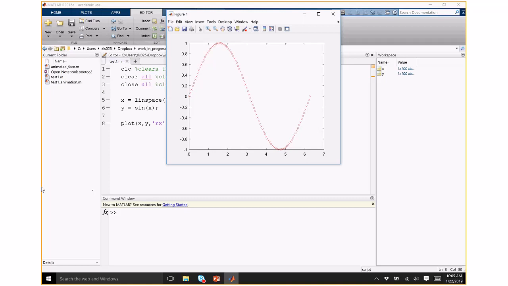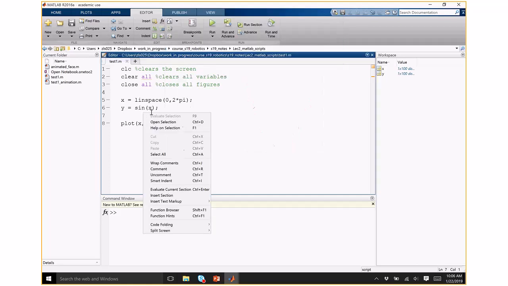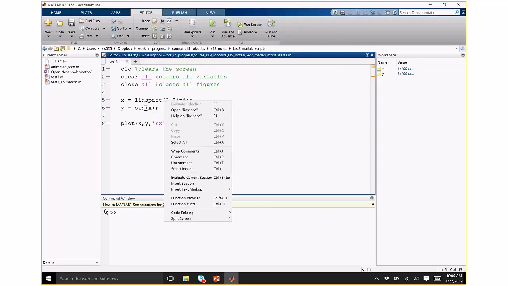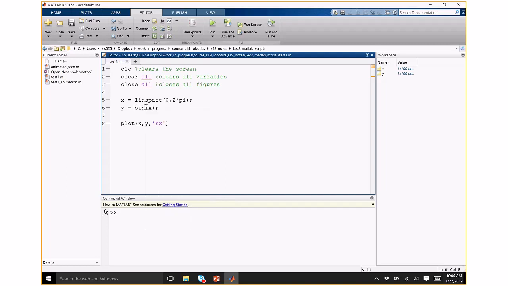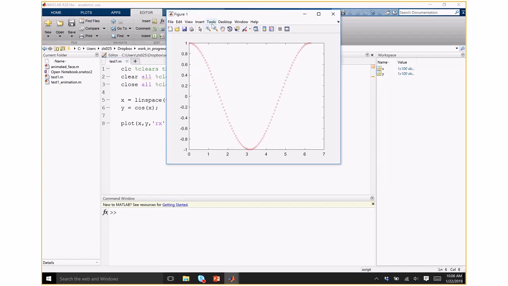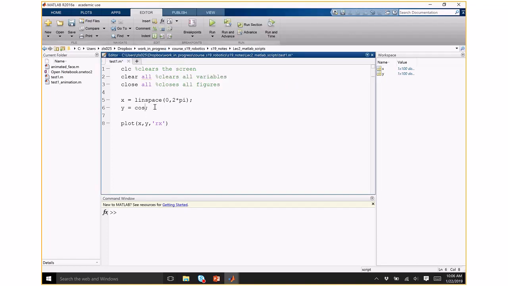Okay, so the good thing is now you can do other things, like let's say if you want to plot cosine, you just change this to cosine, run that, and you have cosine. Cosine starts at x equals 0, cosine is 1, so it's the point over there, so that is cosine. If you want to do the parabola, which is x square, right, when you run this,